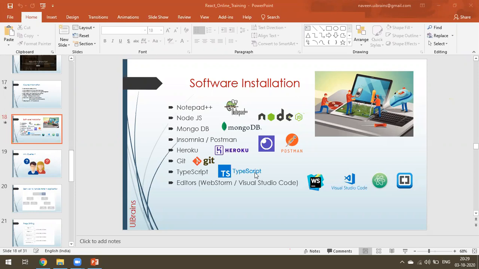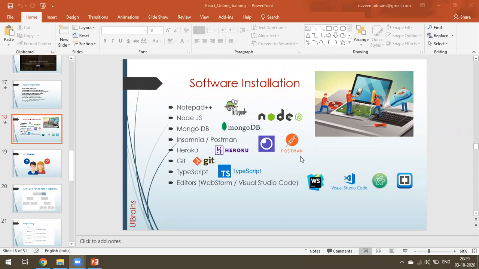Once you run the Node installer, Node will be installed on your system, just like Java JDK. After you install Node, npm will be available, and using that you install TypeScript. Even React you install through npm.